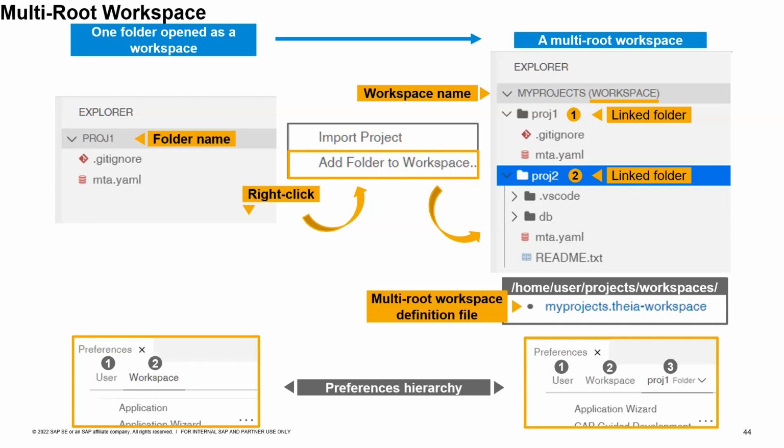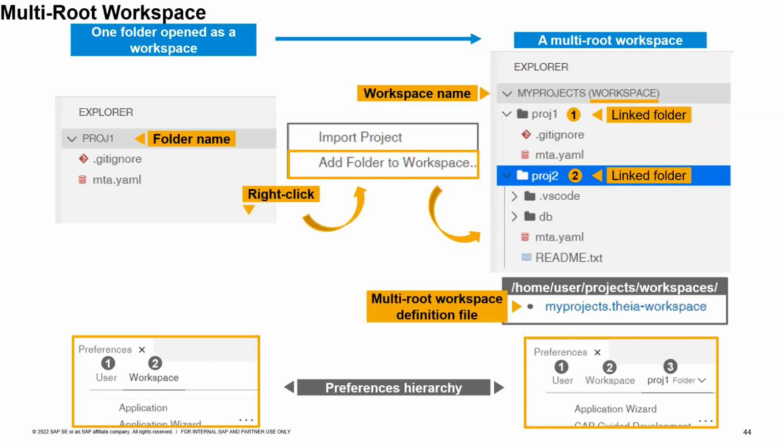Now, it is also possible to create multi-root workspaces. For that, you open the first folder as a workspace and then add one or more folders to the same workspace. Among others, a multi-root workspace allows you to work in configurations such as working on two sibling folders in parallel without opening any of their other siblings. And then we can also work on two or more folders located at different levels in the folder structure.